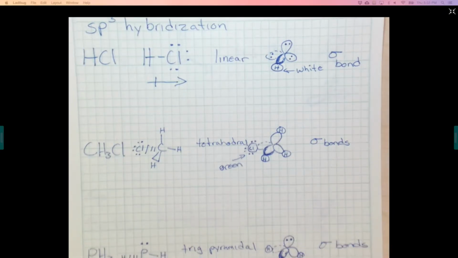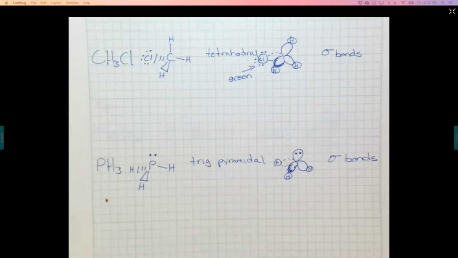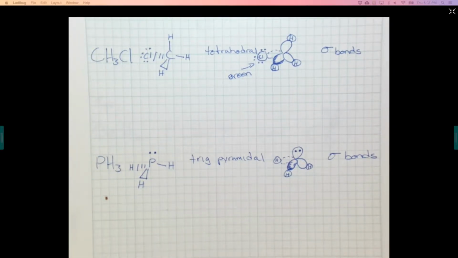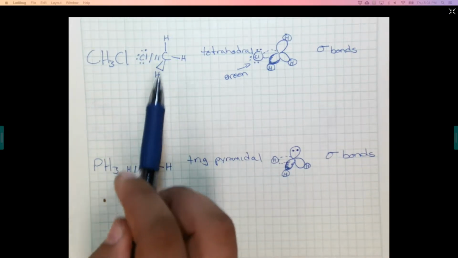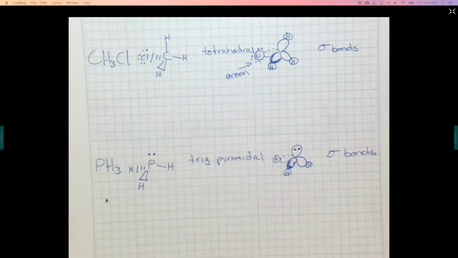Okay, now let's take a look at another sp3 hybridized molecule: chloromethane, CH3Cl. Chloromethane has carbon as the central atom and a tetrahedral arrangement in the Lewis structure. We show one bond going into the paper, one coming out of the paper, and then two bonds in the plane of the paper. This is tetrahedral molecular geometry. It is also sp3,